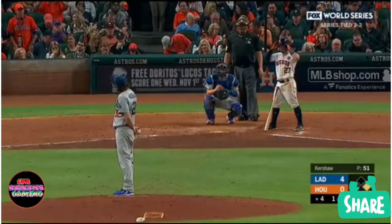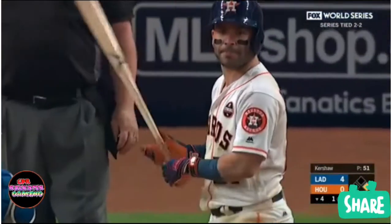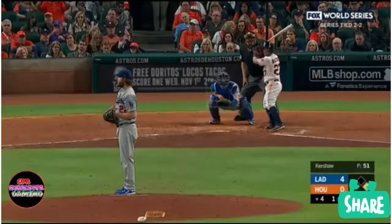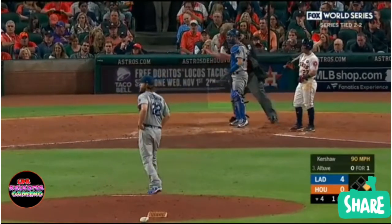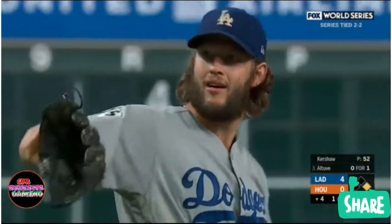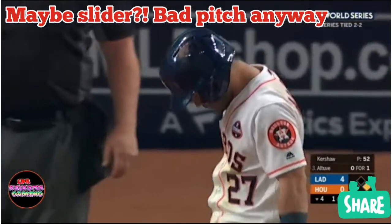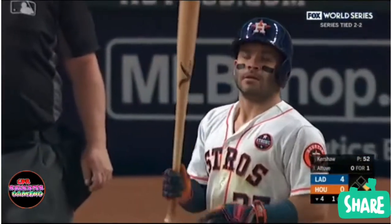So anyway, you could say that in the first, second, and third inning, he was pitching very well because they didn't get any runs. So what's the difference between the first, second, and third inning where they weren't getting any runs and now? Okay, that's a sinker right there. Jose Altuve definitely held up. That was not even close to the zone. We're going to analyze this pitch by pitch and see what was the difference. And I think the difference is Clayton Kershaw always stays